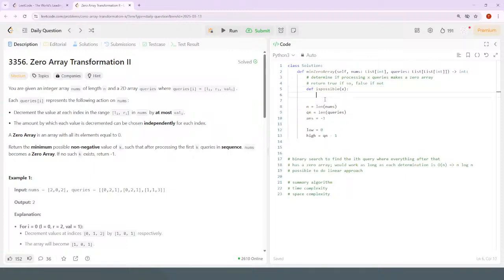So here what we can do is make an array of changes, kind of. Basically if you think about each query as having some bounds to it. Let's say, okay, so let's say this thing, right? If you were to